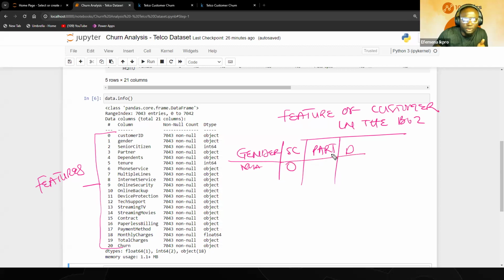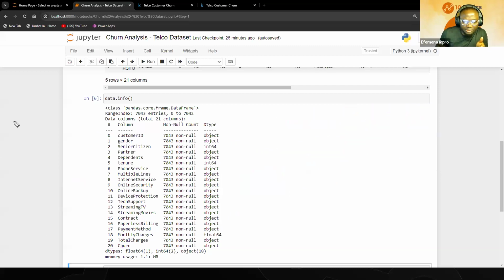Are you a senior person? No. Do you have a partner? Yes. So on and so forth. So these are all features of the data set. Okay, so now that has been established. The next part that we need to look at, you see it here, is the range index,